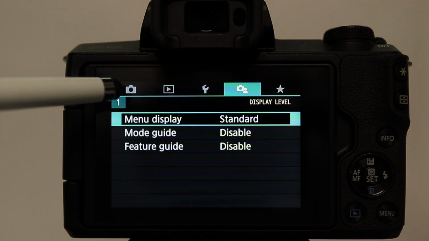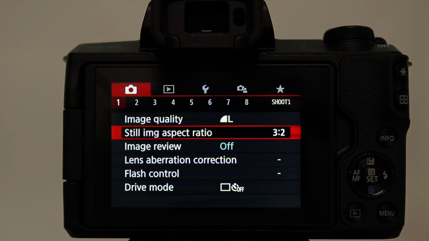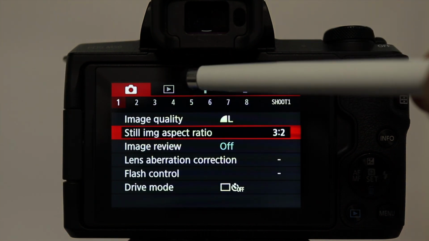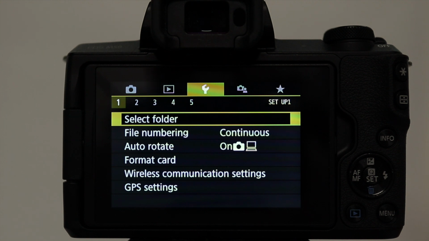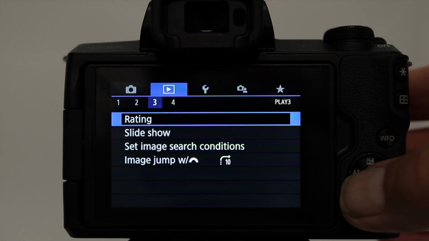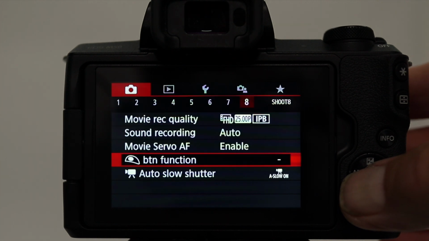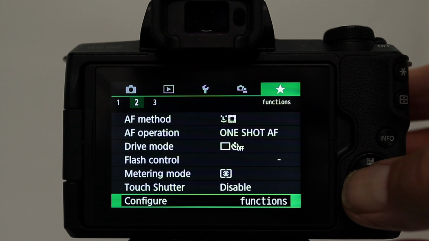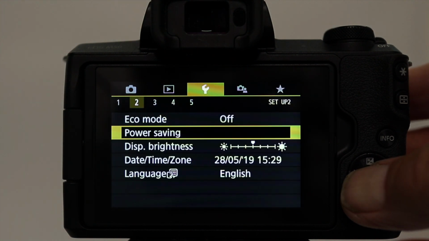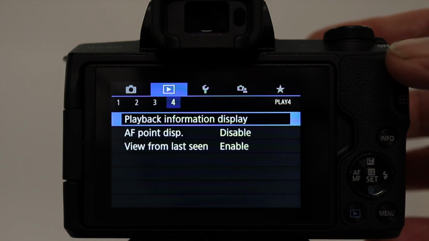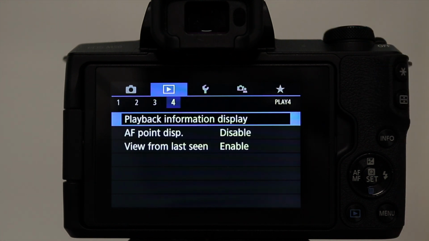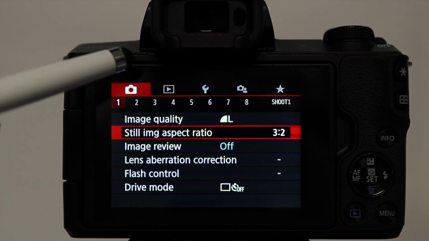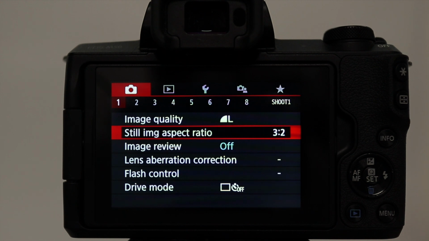Say I wanted the shooting operation, I can just press the shooting icon, or if I wanted the function setup, I press the spanner icon. It takes us to where we need to be. Again, you can use the left and right hand navigation buttons to move you through each of the pages individually, and then that will switch to the top tab and take you back through the top menu. Again, you can use the front control dial if you wanted to do that, or ideally just use the touch screen to get to where you need to be.